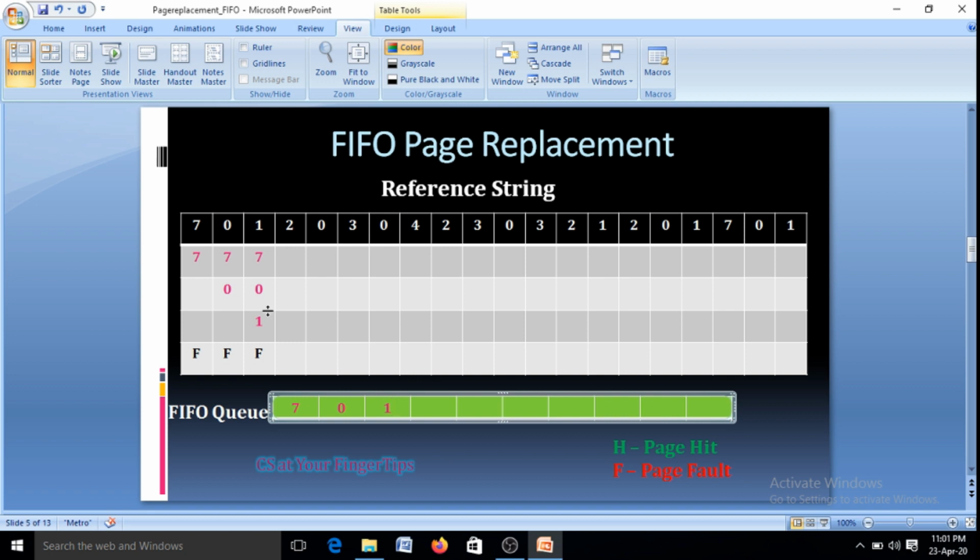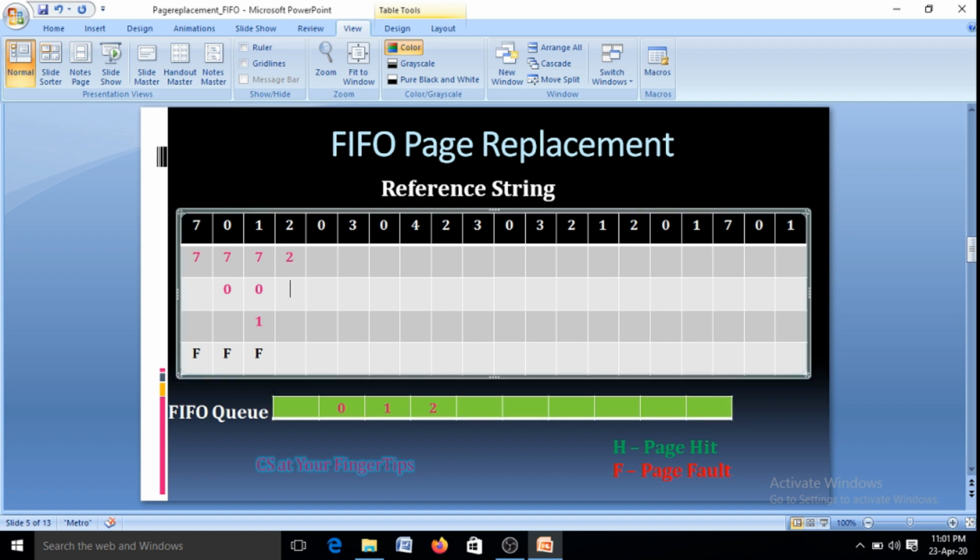In this FIFO page replacement algorithm, it will select the oldest page for replacement. Here you can see that the oldest page is 7. So it will replace page 7 and the new page is added to the end of the FIFO queue. That is, page 7 is replaced with page 2. There is no change in the case of the other pages and it will also create a page fault.